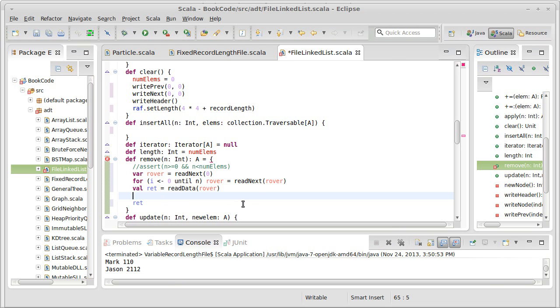So first we can link around it. So I want to write the next on the previous of Rover to be the read next of Rover. Now, just typing this in, I can see that I'm going to basically duplicate this read prev and read next on the following line. Normally that wouldn't bother me so much, except for the fact that these are file operations. So because those are going to go very slow,